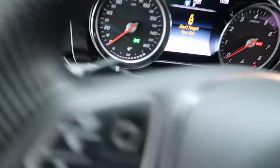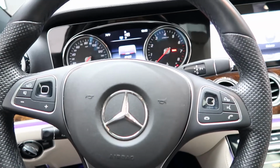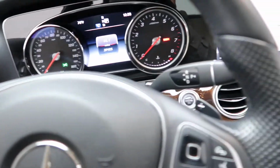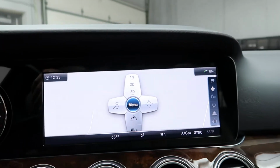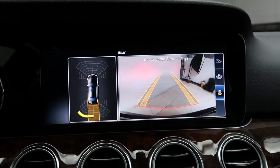Hopping in, we've got our steering wheel controls with Bluetooth capabilities, paddle shifters for extra performance, a push start ignition, navigation, a rear view backup camera,